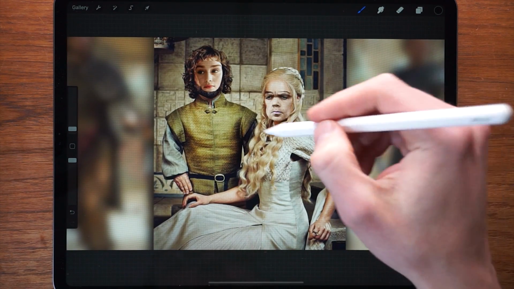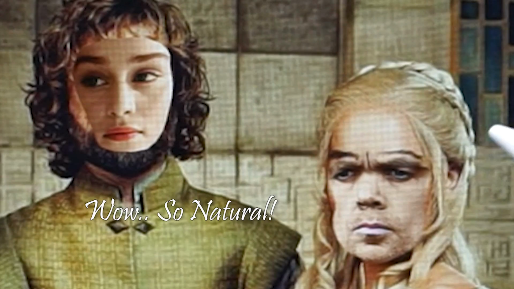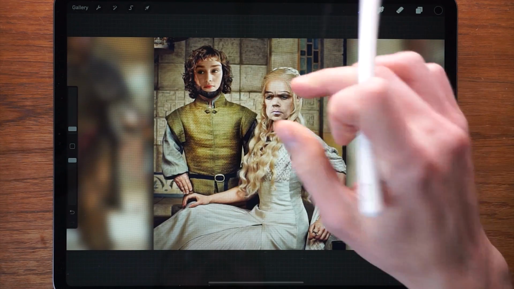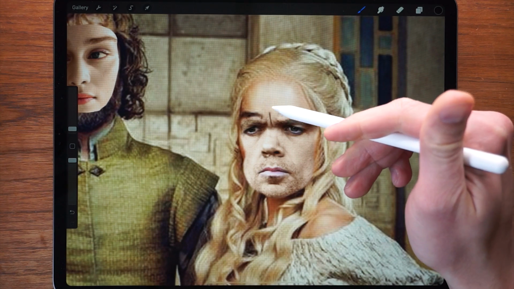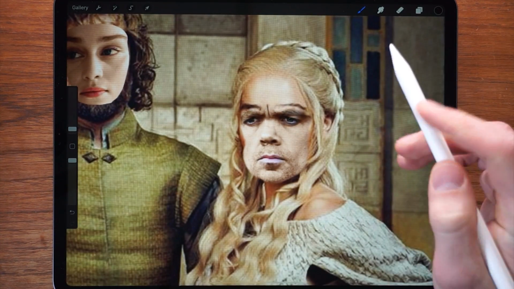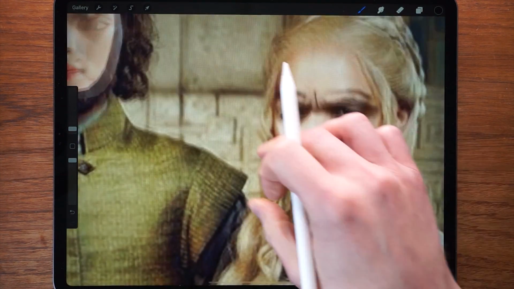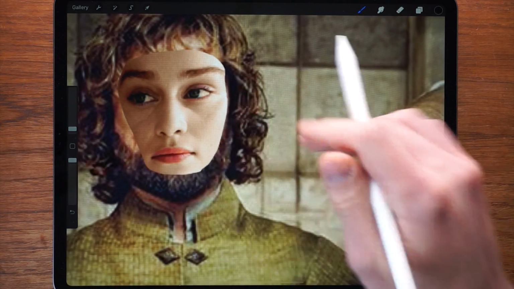Alright, so now we're getting somewhere. This looks much more natural right now. Well, I say natural, but yeah, it looks more balanced, at least. The transition between the two faces, much less noticeable. But we still have the different shape of the chin right here, which we need to remove, and this looks